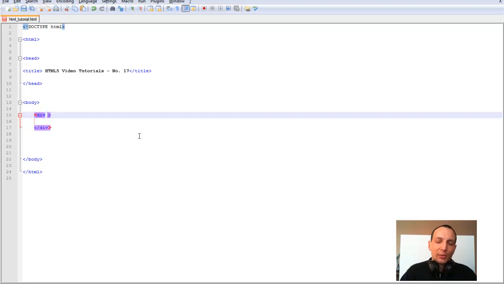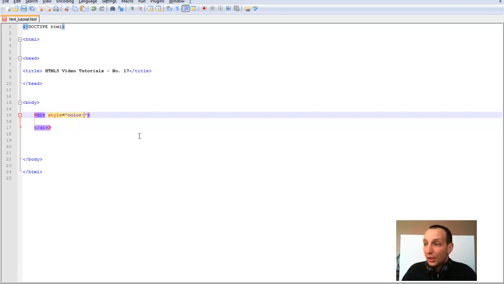In this one I'm going to introduce you only to the basics of div. So guys, one of the most basic and simplest div attributes is the style, where you can define a simple color that you can put for your